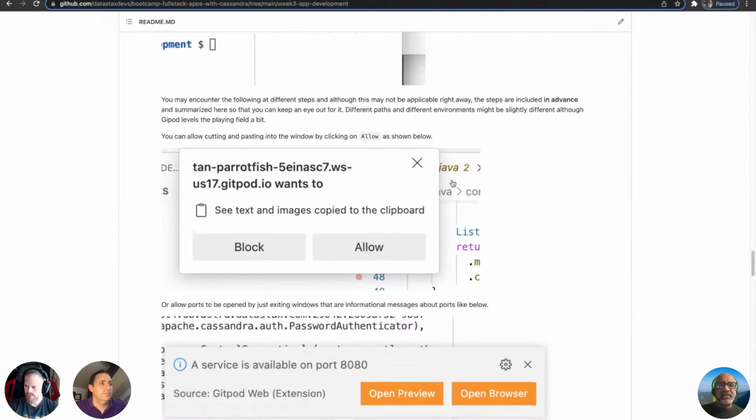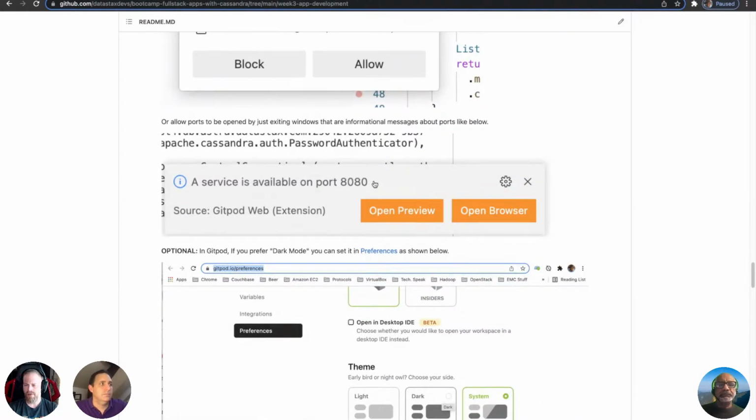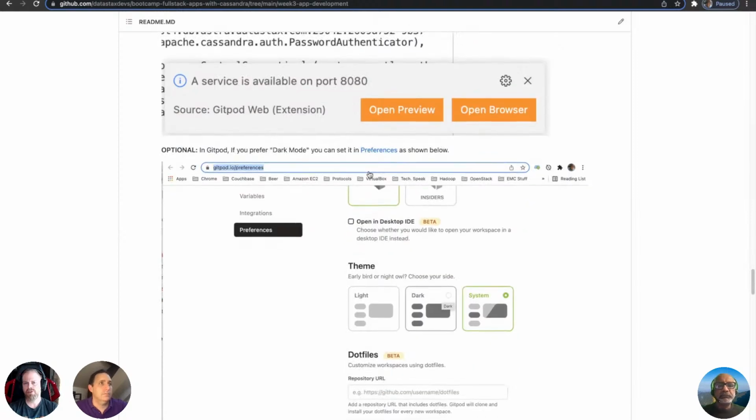Sometimes you might see this. Is it okay to copy images to the clipboard? Just say hello and you're good. Yeah, and something to point out about that little dialogue, that'll happen the first time you try to paste something